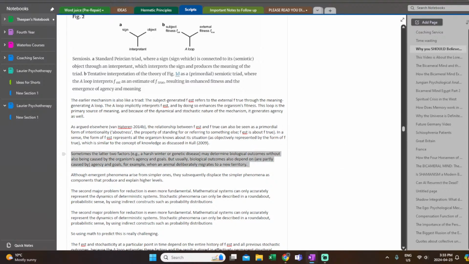Sometimes the two latter factors, for example a harsh winter or a genetic disease, may determine biological outcomes without being caused by the organism's agency and goals. But usually biological outcomes also depend on and are partly caused by agency and goals. For example, when an animal deliberately migrates to a new territory,